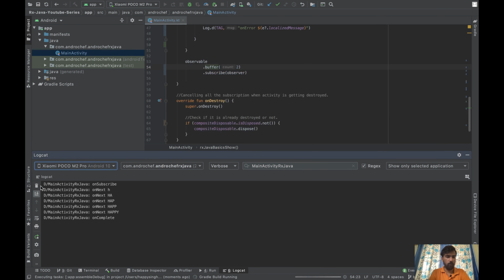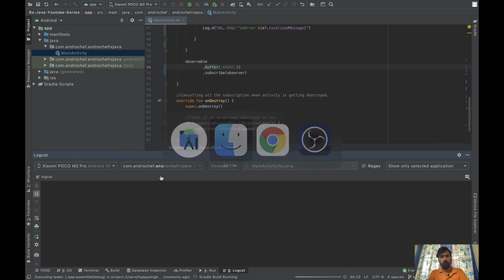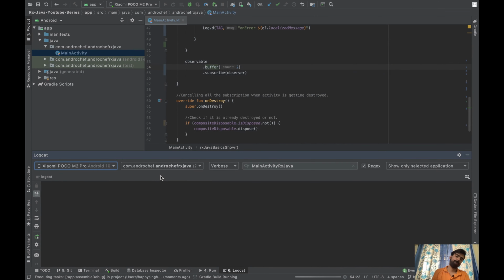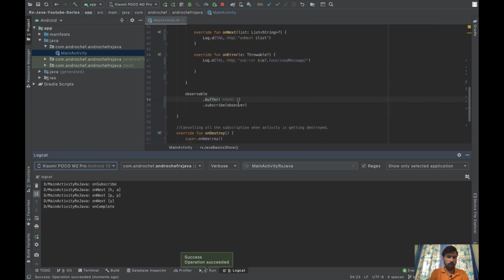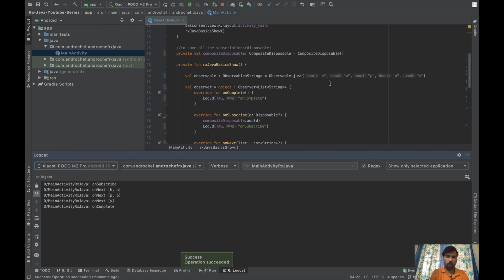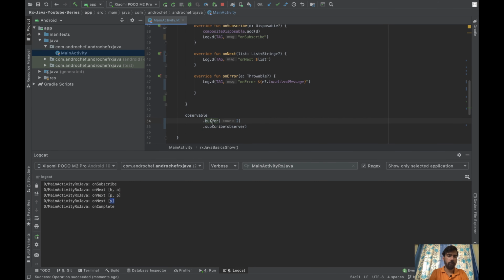I'll remove the old one and let's wait. Yeah, so as you can see, the H and A come under this one, P converted in this one, and Y in the last. So that's how buffer works.